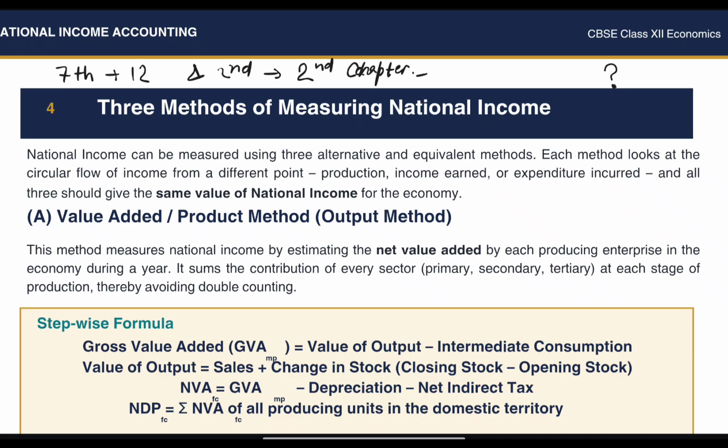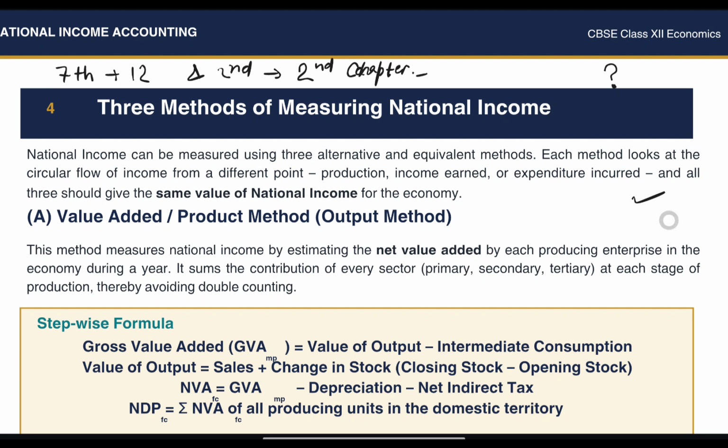Suppose you went to a doctor. First of all, what does the doctor check? The doctor checks your BP, weight, and sugar level. But why? The doctor checks all these basic details to assess your health. Similarly, every country also wants to know its economic health. But how can we know whether a country's economy is doing well or not? The answer is we can calculate national income, and through national income we can know whether that country is doing well financially or economically.